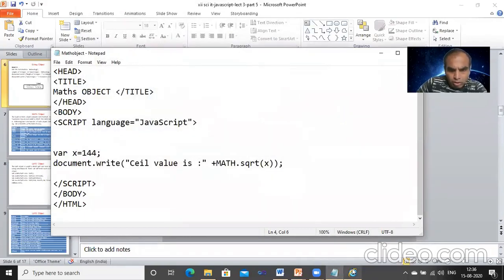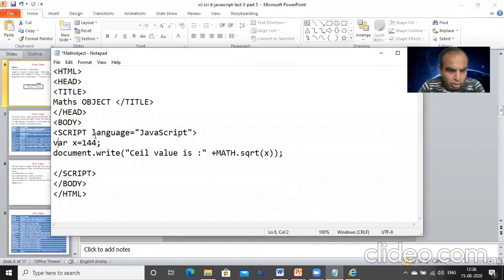Okay, then I close that part. The variable x is equal to 144, document dot write, ceil value is math dot square root x, directly write the 144 is the output.